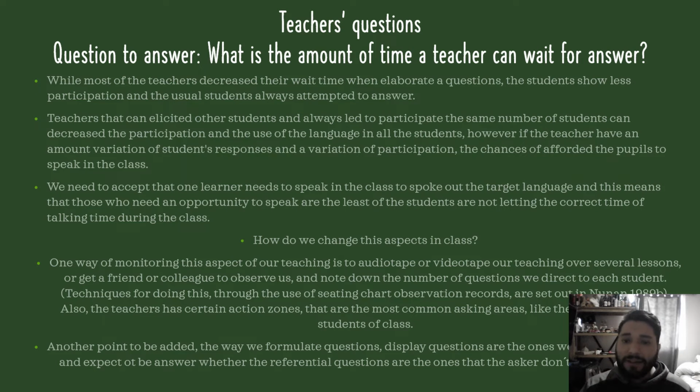But how do we change these aspects during the class? One way is to monitor the aspects of teaching in an audio tape or a videotape, teaching several lessons. Okay, you can videotape yourself, you can audio tape yourself to see the amount of talk you do, as I do. Okay, the other thing you need to do to improve your classes is to